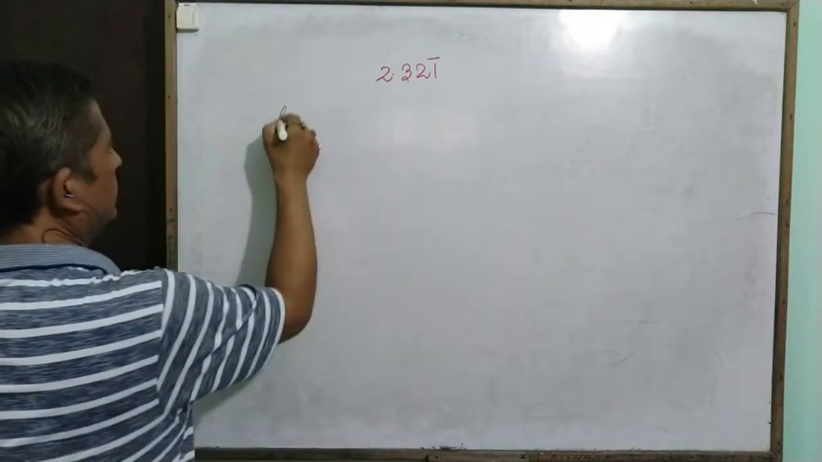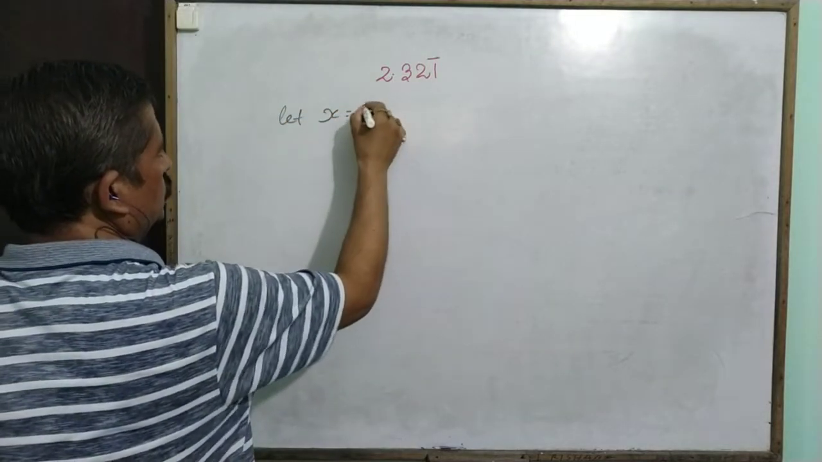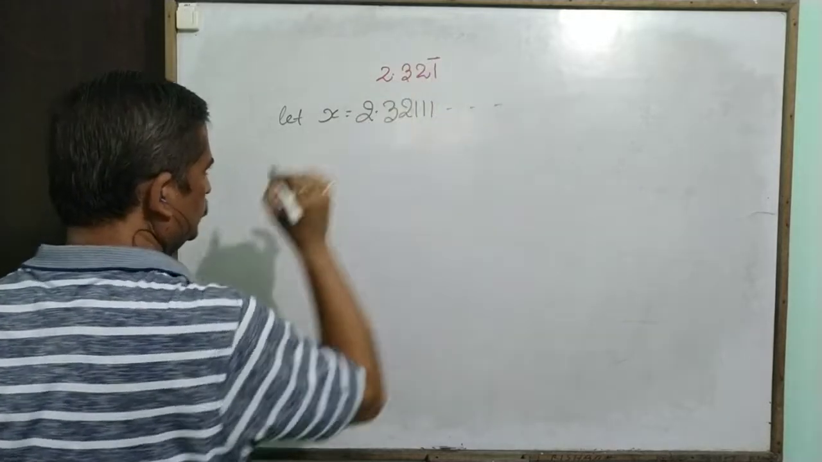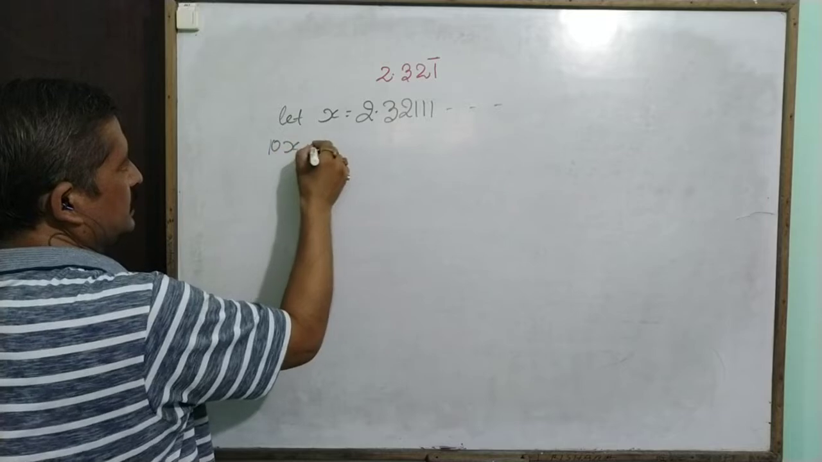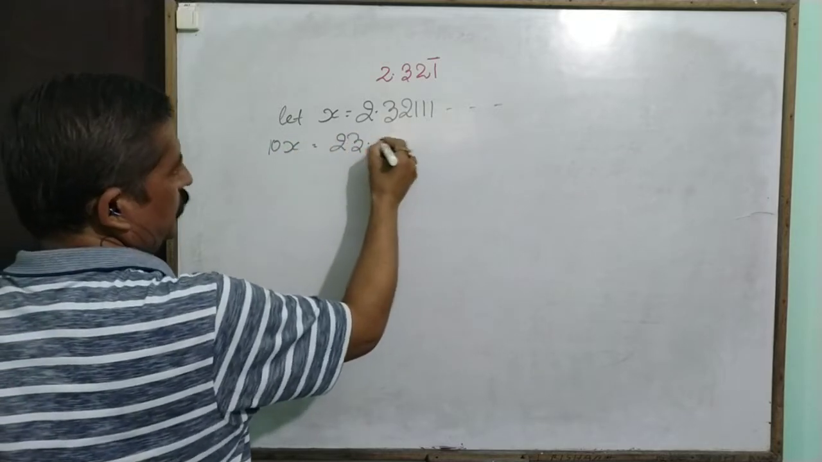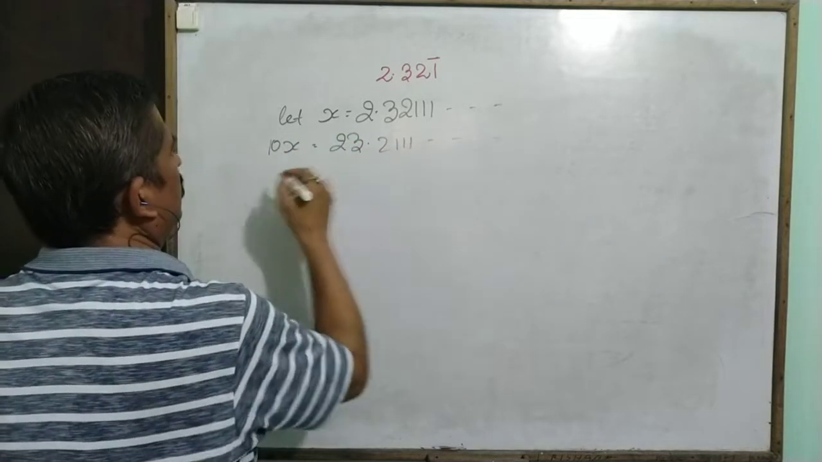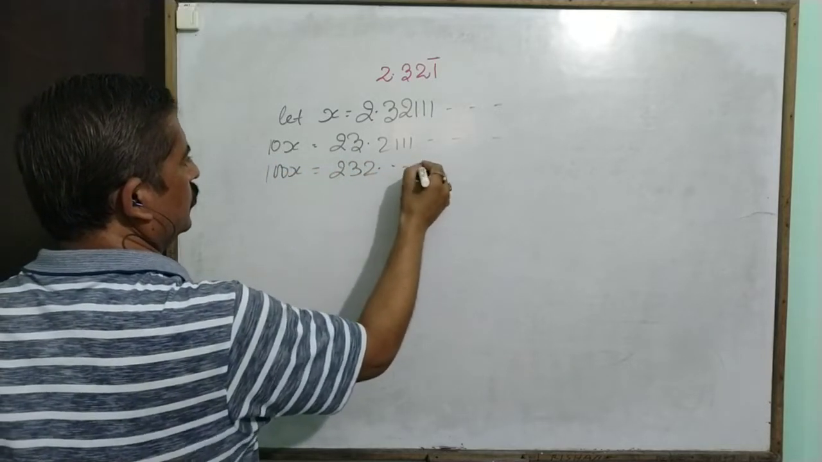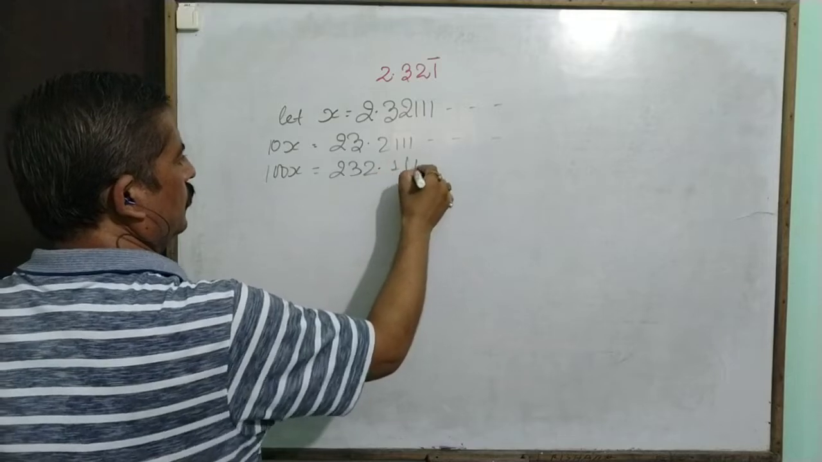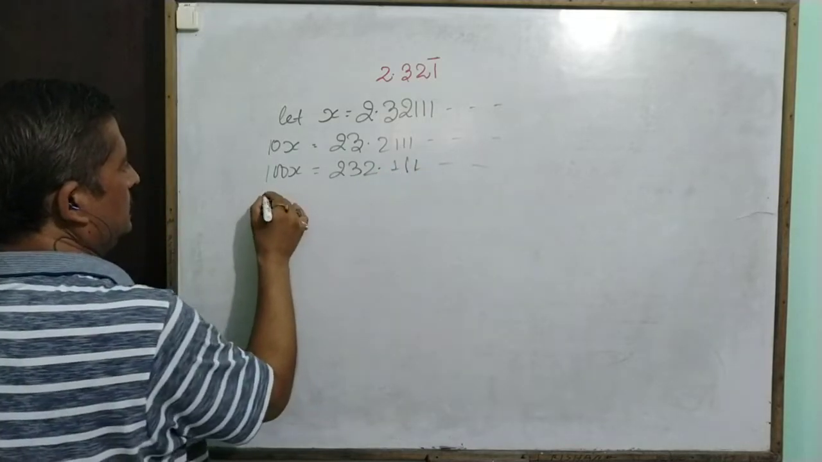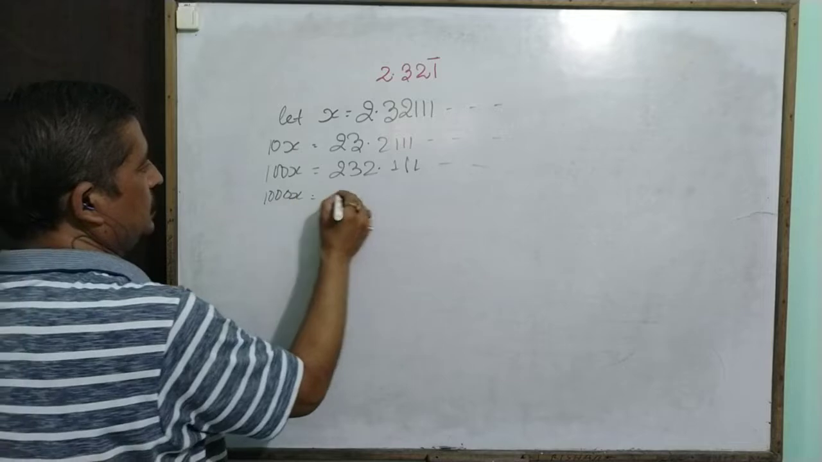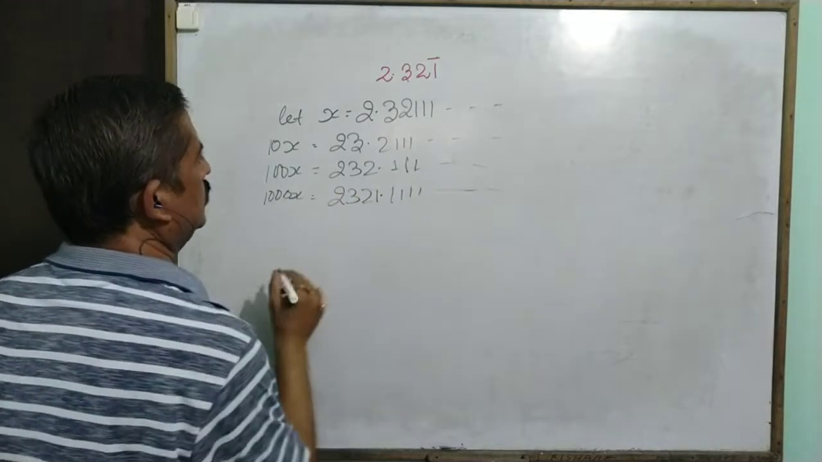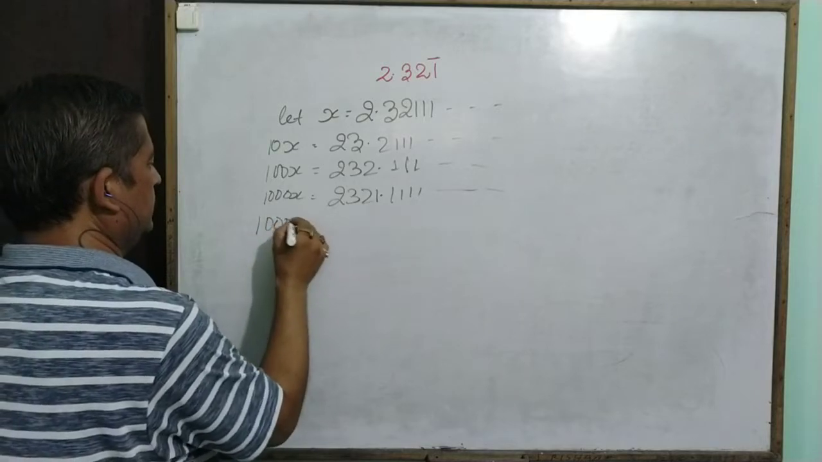So again, let x is equal to 2.3211. So 10x is equal to 23.211. 100x is equal to 232.1. So 1000x is equal to 2321.111. 10,000x is equal to...